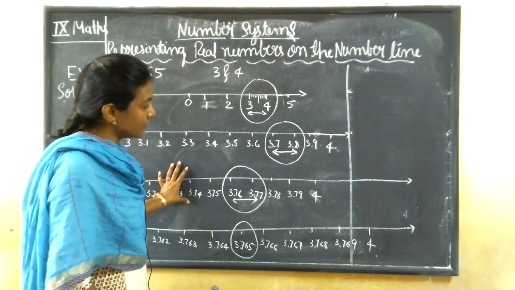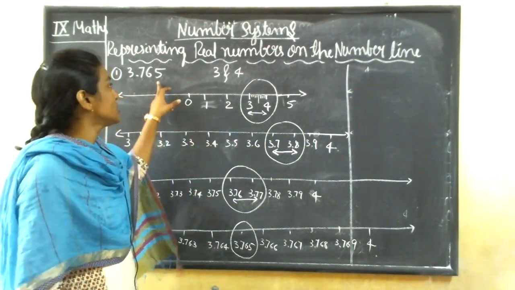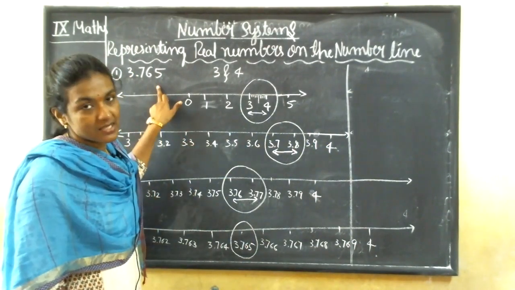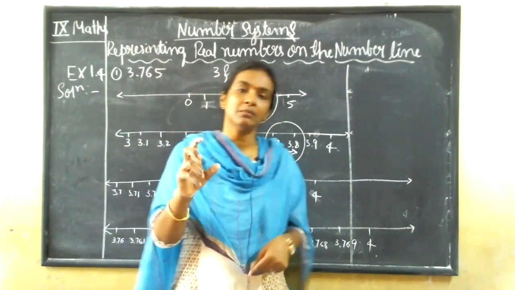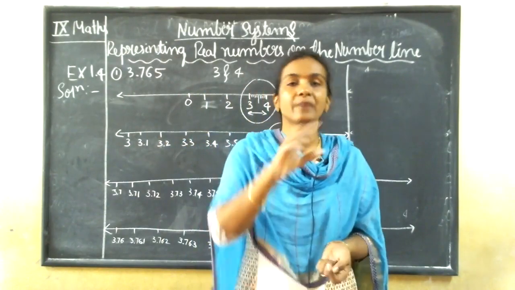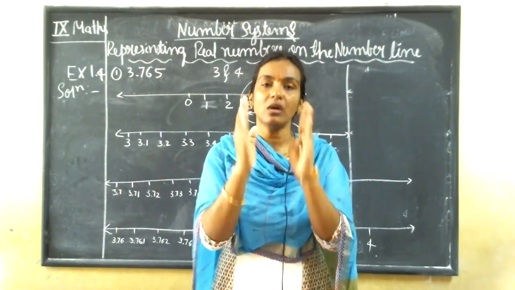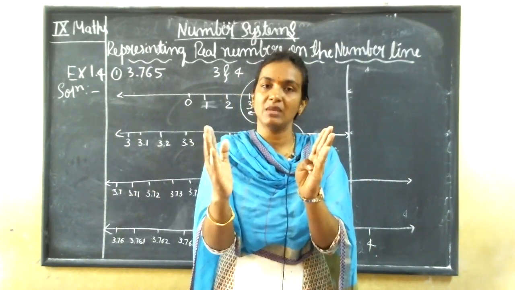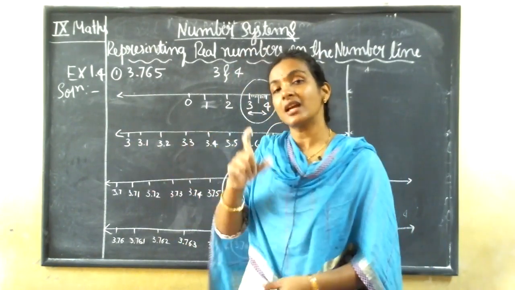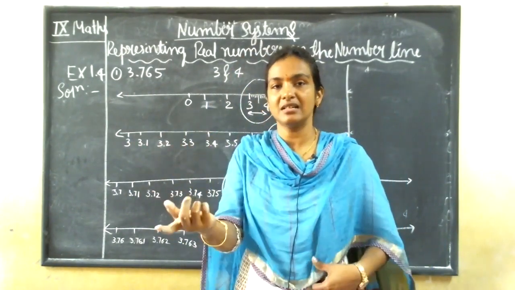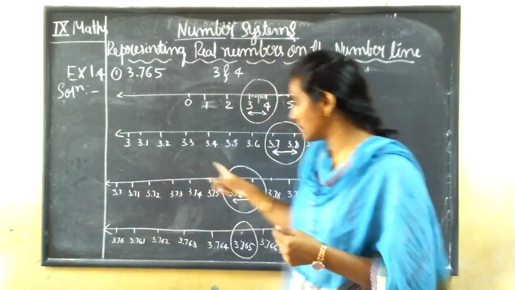This is how you need to show a decimal expansion, if you have a decimal expansion like this with more than 2 digits. Very simple. First you see the whole number which is there before the decimal point. In the first number line you are going to show in between what numbers you are going to get that decimal number. After that, again you draw a second line and consider the next digit after the decimal point. The same thing you keep on doing.